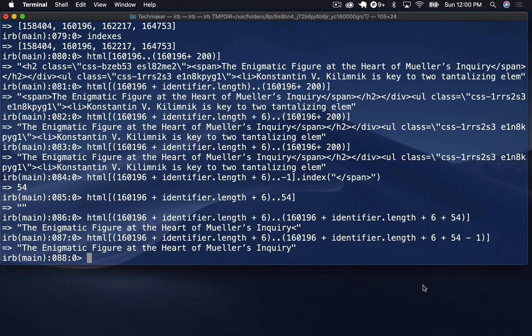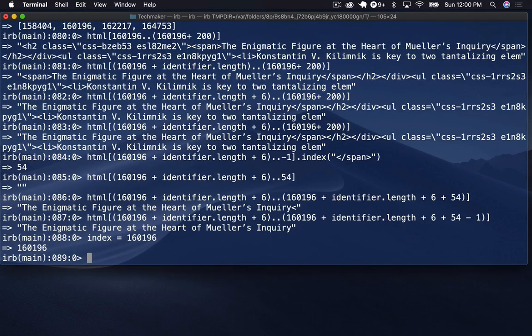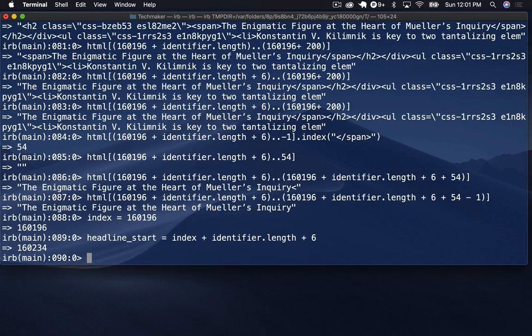Okay, so let's break this apart. So what we'll do is we'll say index equals this, right? Then we'll say, what should I call this? So we'll say headline start equals index plus identifier dot length plus 6 for our span, right? Then we'll say headline end equals